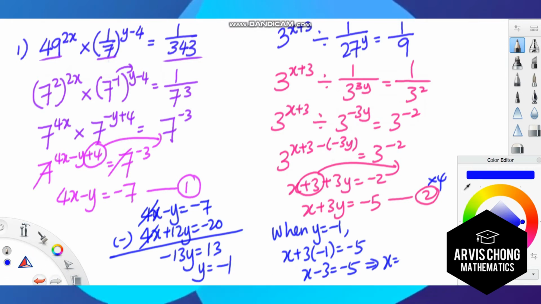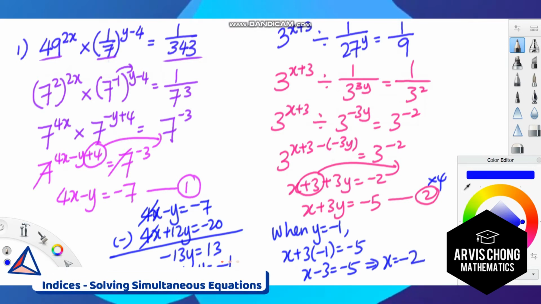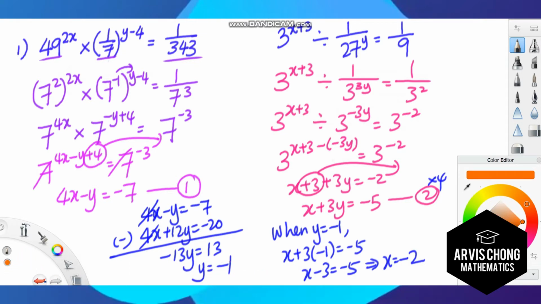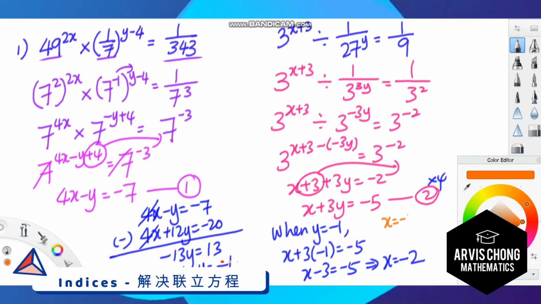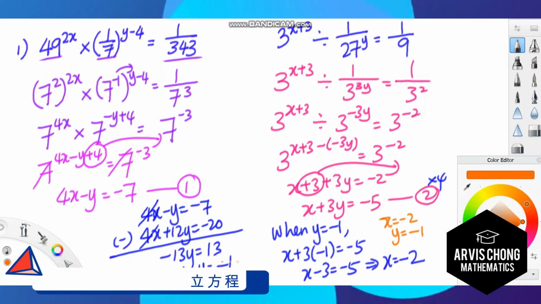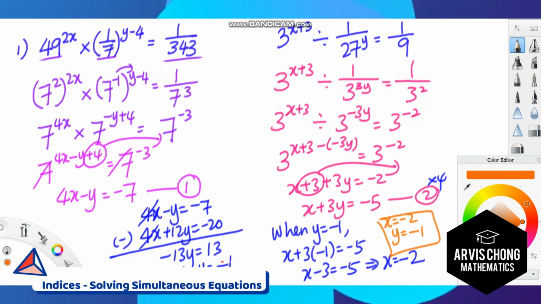Okay, so you may write the answer again. So this is our final answer. X is negative 2 and Y is negative 1 as our final answer. Yeah, so far so good, yeah? Alright, so next part, let's look at